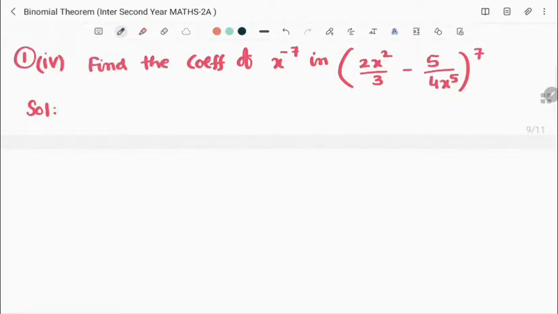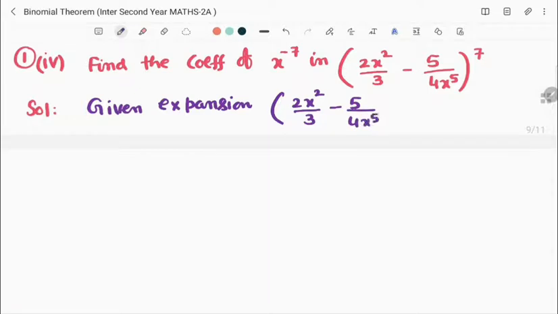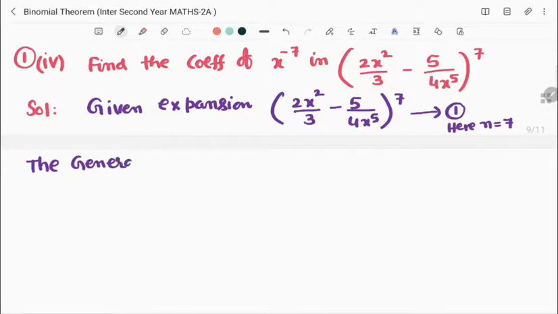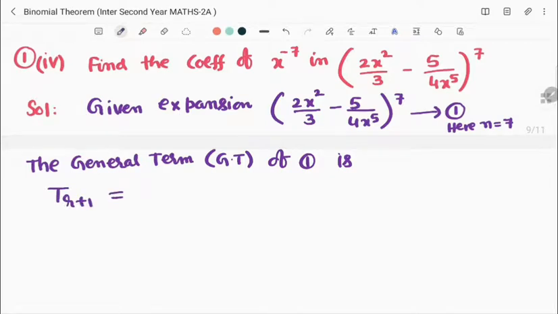in this procedure, first what we have to do is write the n value, and the general term. First given expansion, (2x square by 3 minus 5 by 4x power 5) whole power 7. Put that equation number 1. Here n is equal to 7. The general term of equation 1 is T(r+1) is equal to the general term of the expansion